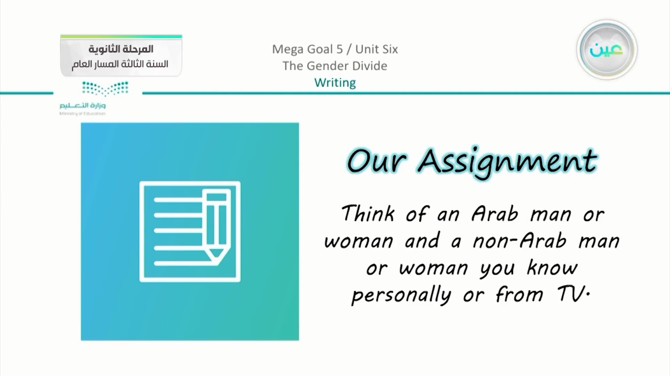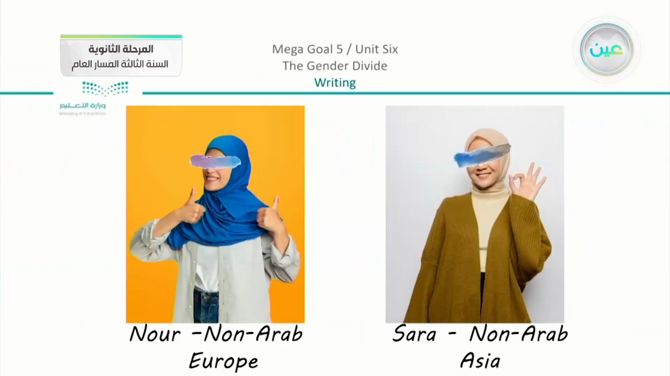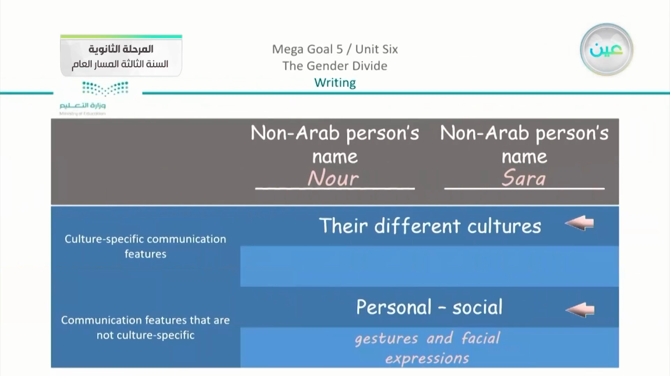After that, we had our assignment. Now, the assignment was to think of an Arab man or woman and a non-Arab man or woman, personally or from TV. We had this comparison between these two personalities who are Noor and Sarah. Now, they are my choice. And we had this table to discuss the different comparisons or the different things that we can add to